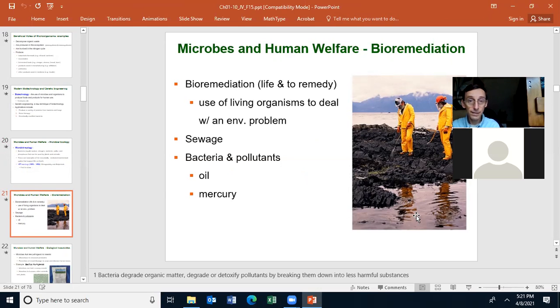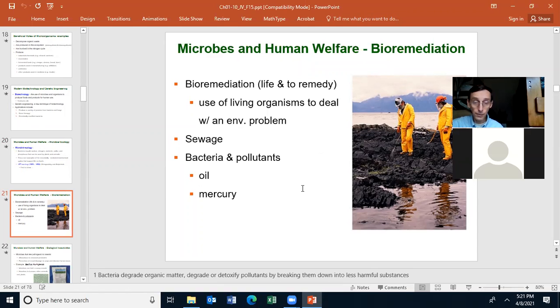Bioremediation literally means life and to remedy, where we can use living organisms to deal with an environmental problem, such as a pollutant. Like right here, these gentlemen are spraying a microorganism on this oil spill to have the microorganisms degrade the oil. And we use that to have the microorganisms degrade our sewage and various pollutants such as oil,